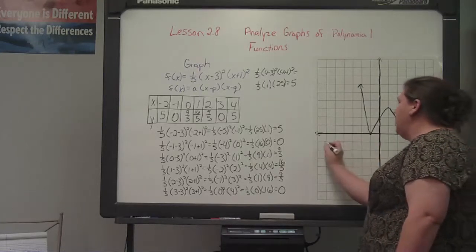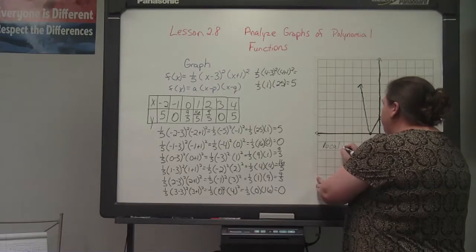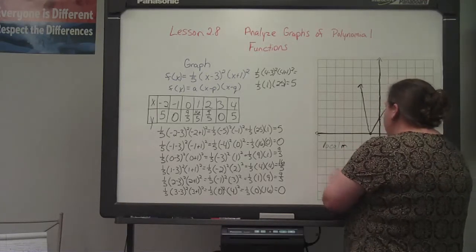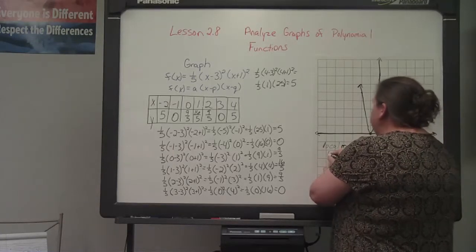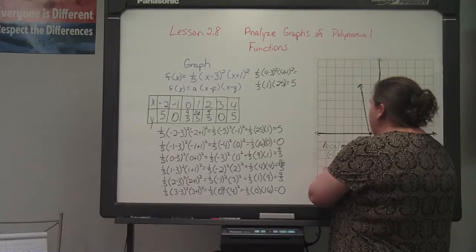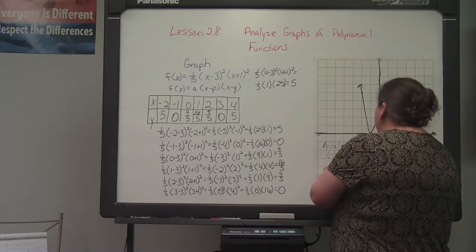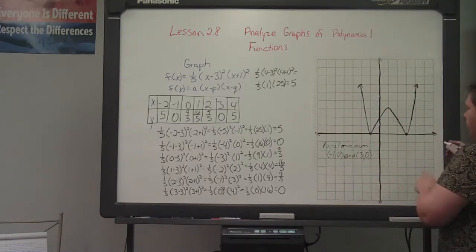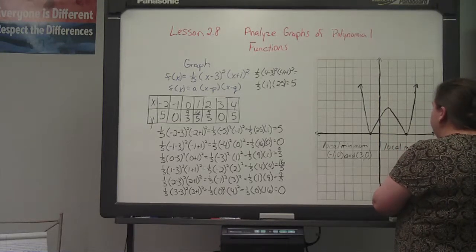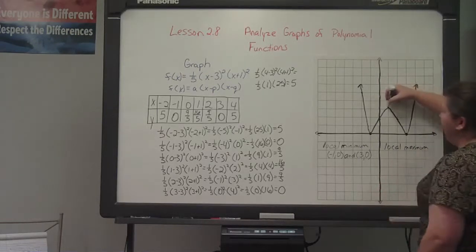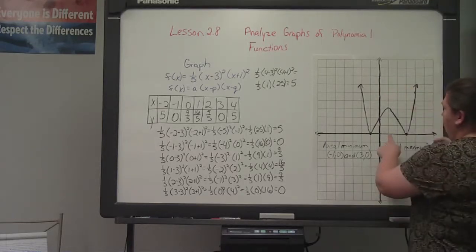So I can say my local minimum is at -1, 0, and 3, 0. My local maximum is going to be the high curve. And so that's right here. And that was at